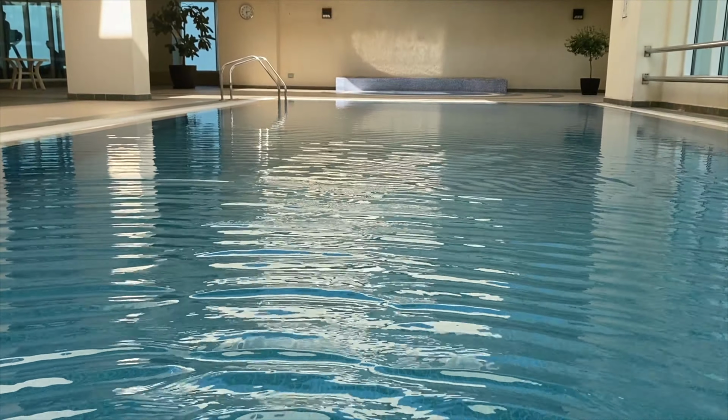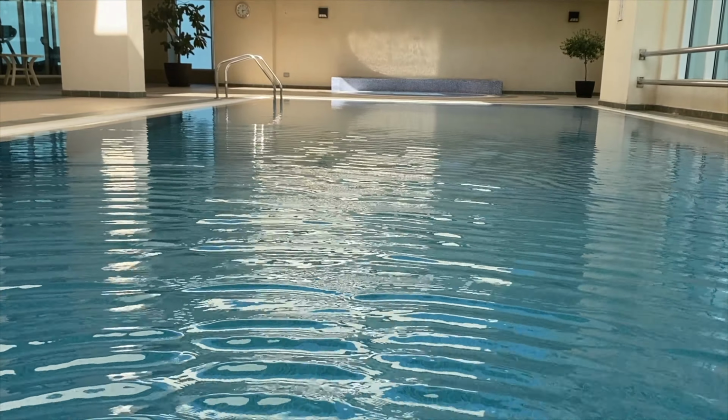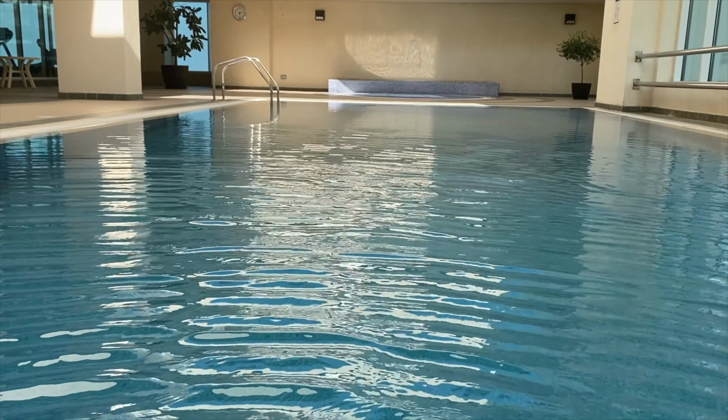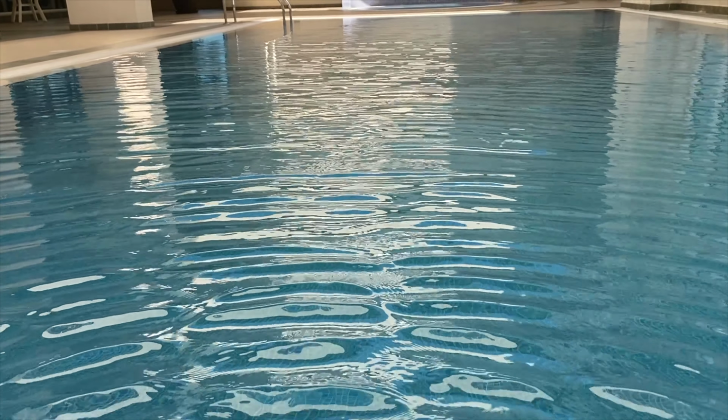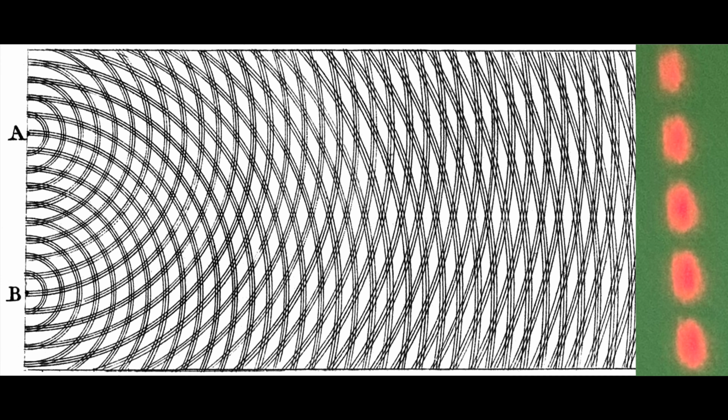So if light was a wave, we should see an alternating pattern of bright spots and dark spots from the double slit experiment. This is exactly what we see. And like that, the experiment showed that light is a wave. But there's still a question unanswered. Sound is a wave of air. Water waves are waves in water. If light is a wave, it should be a wave of something, right?